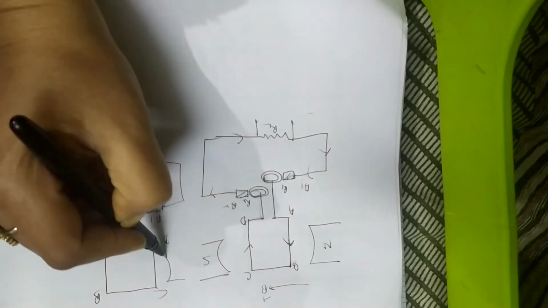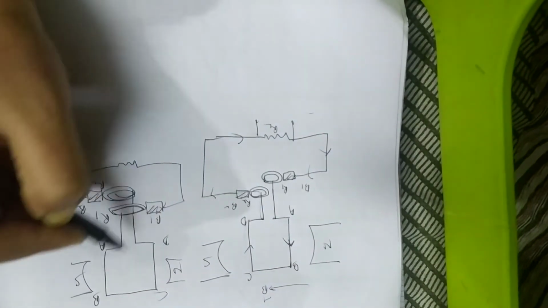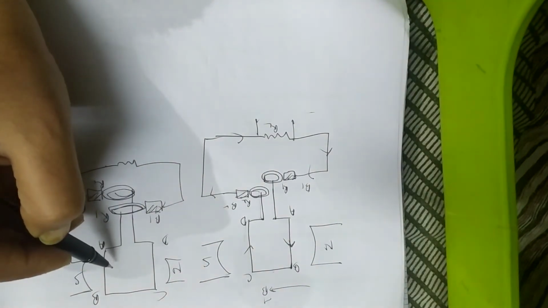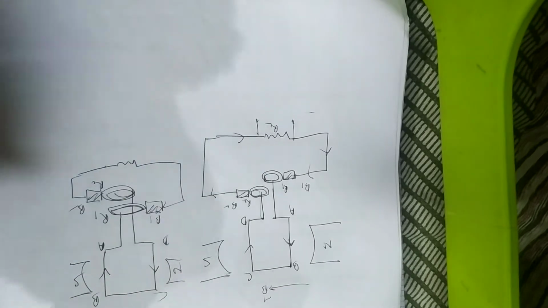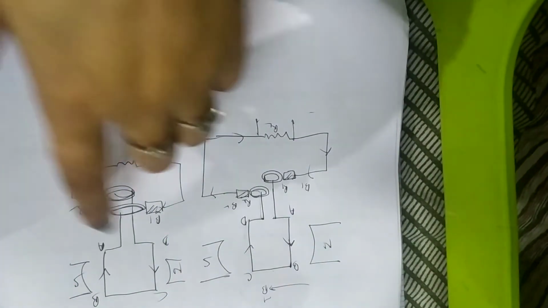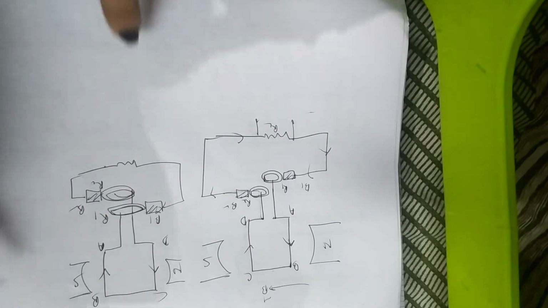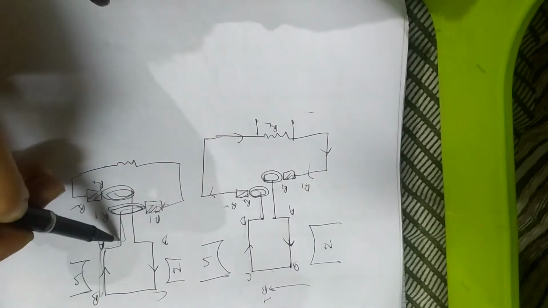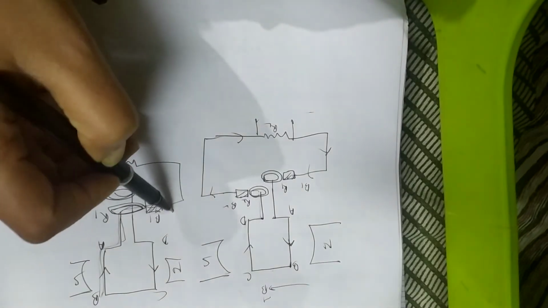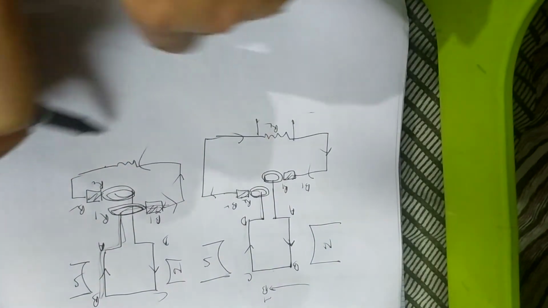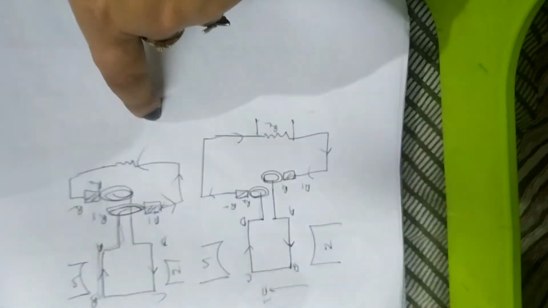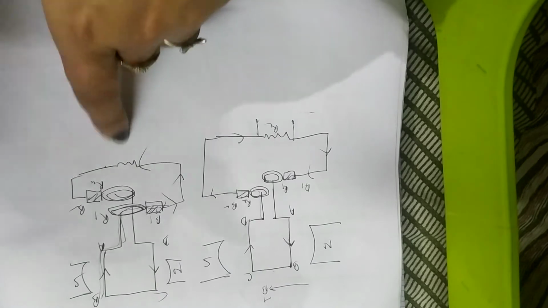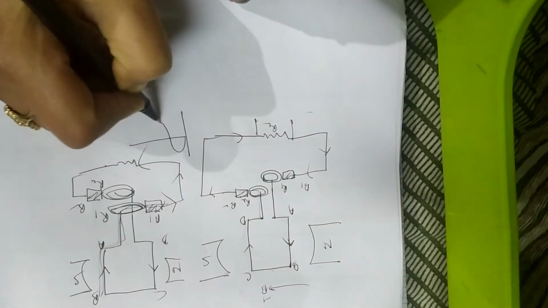Now when the coil has completed half a rotation, the sides get interchanged and the direction of current in them also gets interchanged. Applying Fleming's right hand rule again, in the outer circuit the current goes from B to A, to R1, to B1. So now the current is flowing from B1 to B2. The direction of current has reversed. Earlier it was B2 to B1, now it is B1 to B2. So this is your alternating current, which is continuously changing its direction.